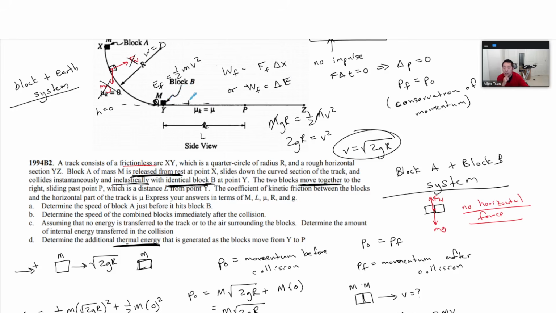Because as these blocks are sliding along, they're moving to the right, right? The displacement is to the right. That's the displacement. And if I do a free body diagram, I'm going to have mg. I'm going to have a normal force up, perpendicular to the surface, and I'm going to have a frictional force to the left. Okay? So this frictional force here does negative work because the frictional force is opposite the direction